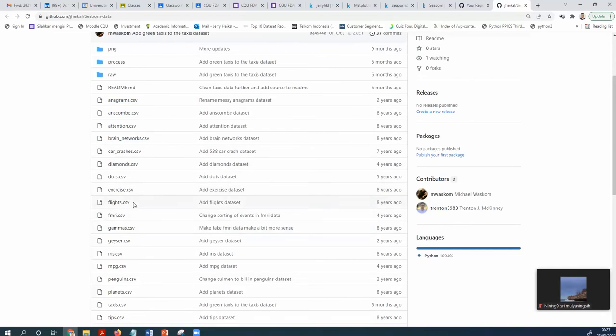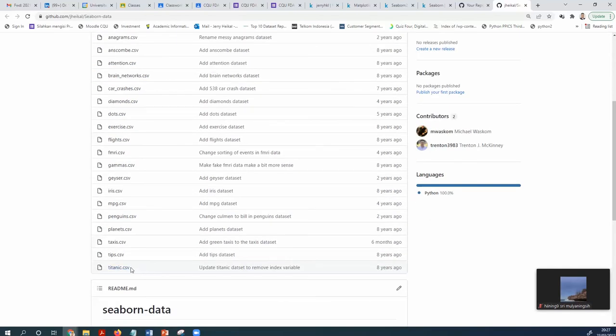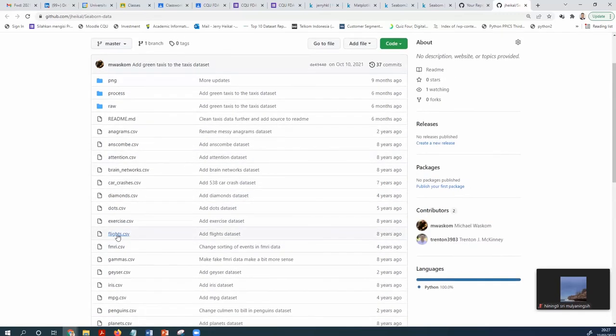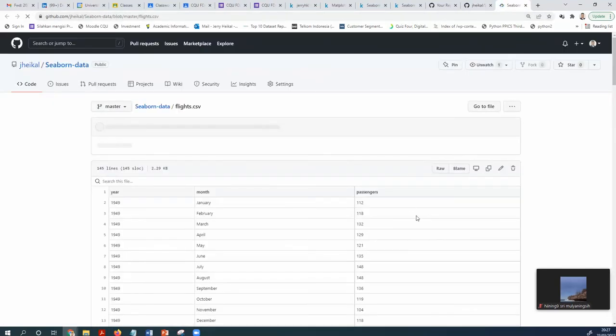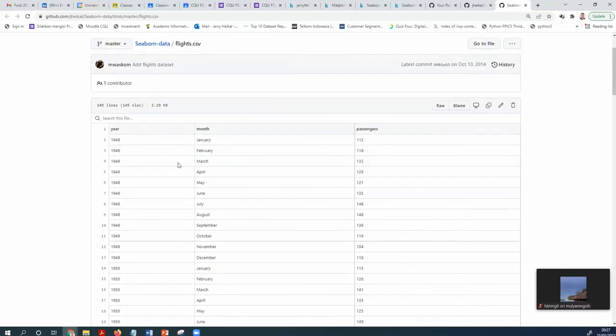We have flight data, exercise data, geyser data, Titanic data, a lot of data. Okay, I want you to import the flights data. This is the flights data, and this is the data: year, month, and passengers. So copy the raw content, and then open Excel.